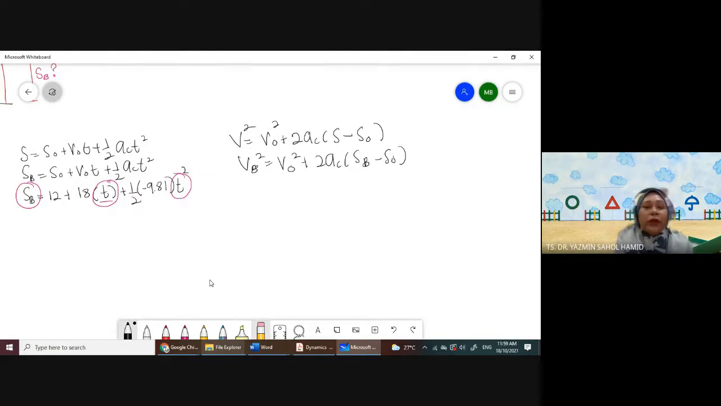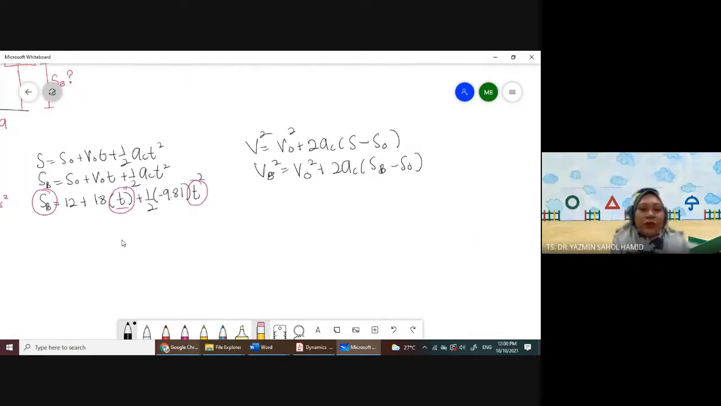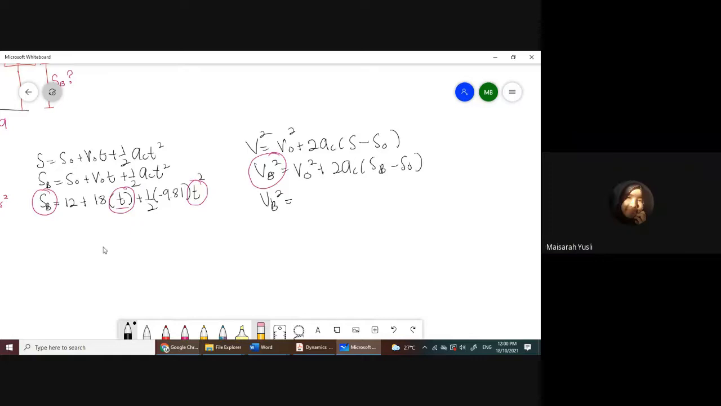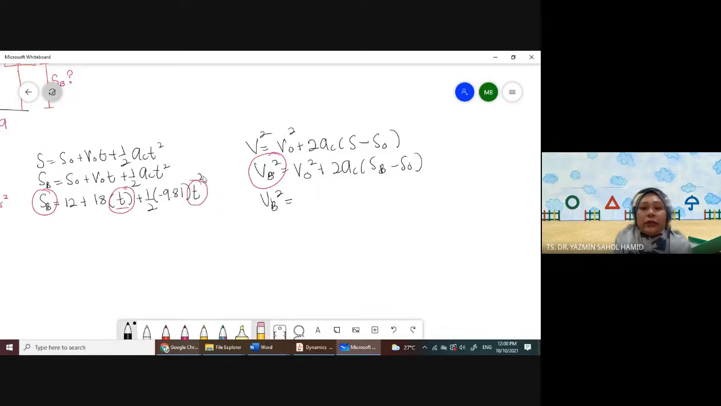Okay, do you have VB squared? No, so you don't have this. So again, you'll be left with VB squared. V naught is 18, sorry. V naught is 18 squared plus 2 times negative 9.81, and then SB minus S naught is 12. Okay, again you're going to be left with